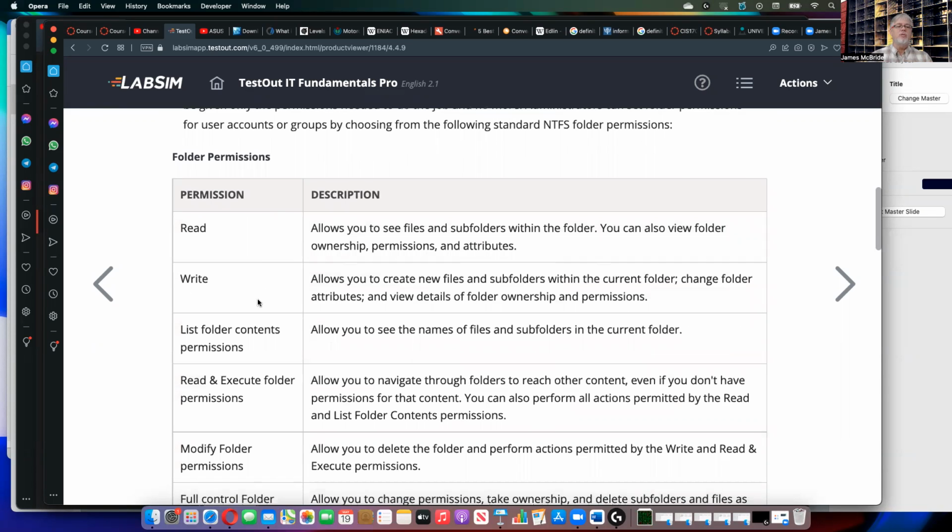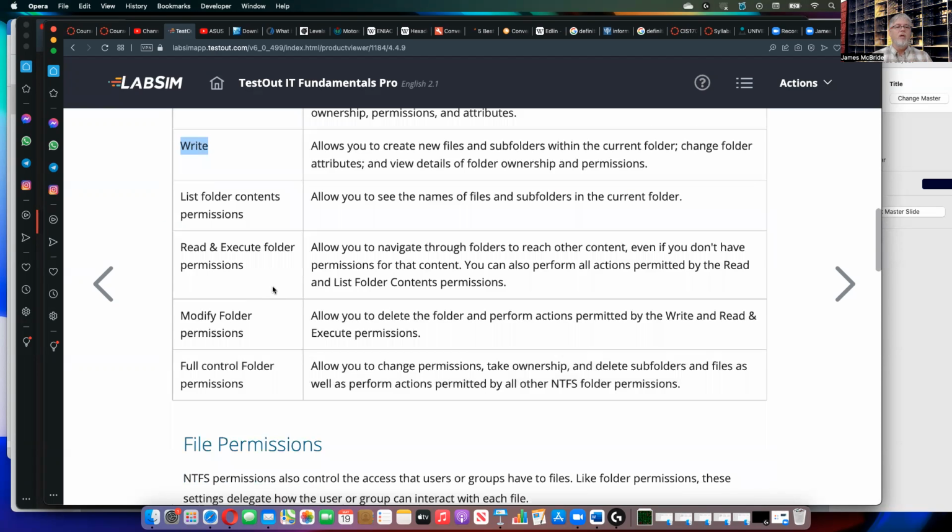Right, so here's the permissions. You've got read. I can read it, but I can't write to it. And that is applied to folders or files, as we'll see in a minute. The main thing you need to understand is I can read the file. I can read what's in the folder, but I cannot do anything else. Write means that I can actually read and write. You're not going to just have write permissions. You should have read and write permissions together, because now you can actually make changes to that folder